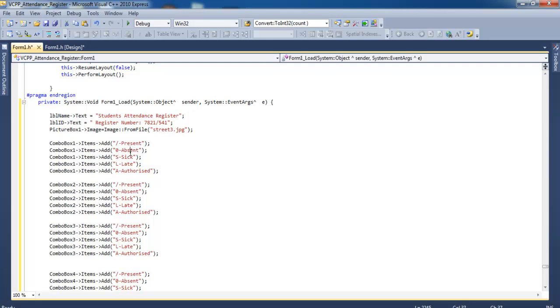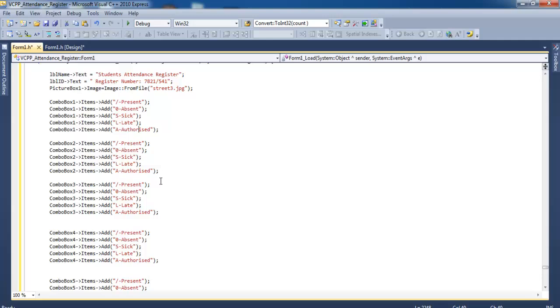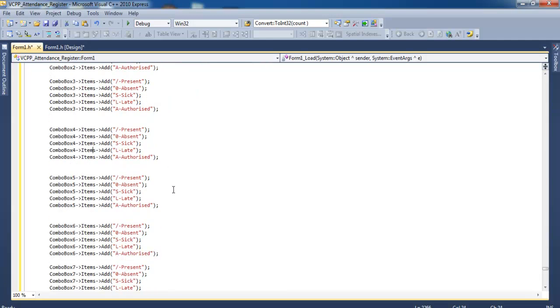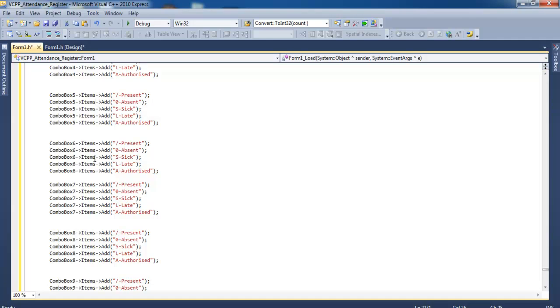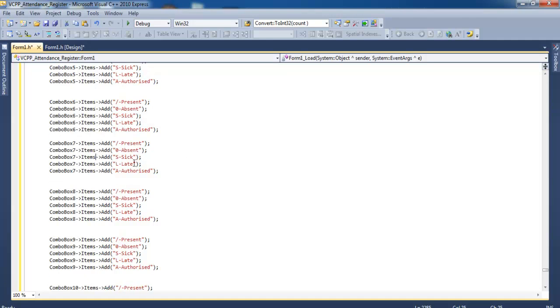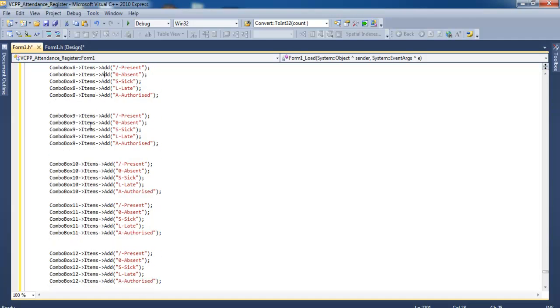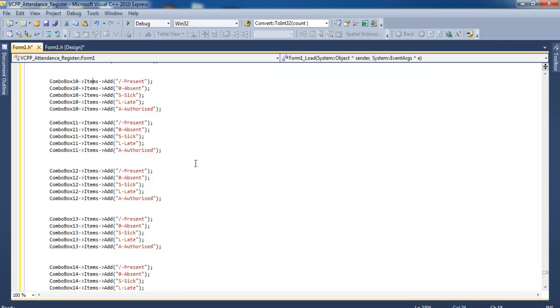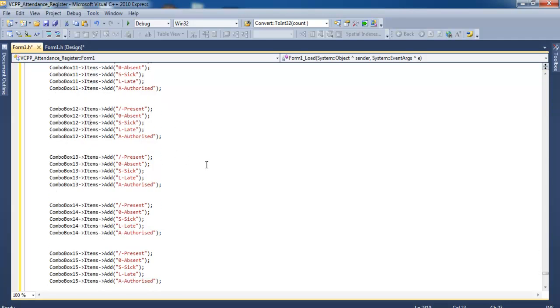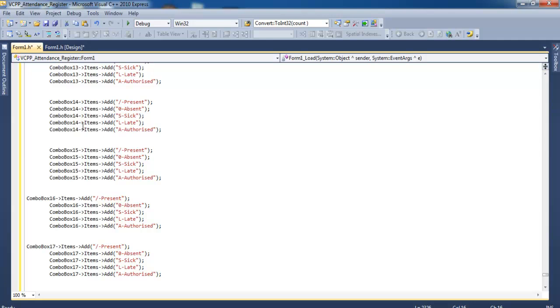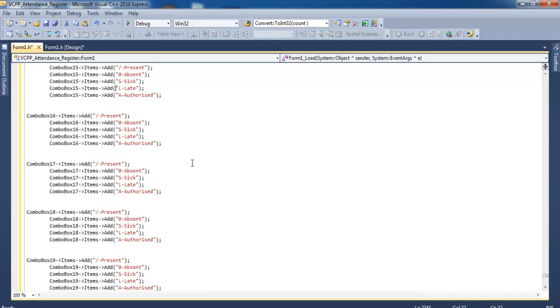Present, absent, sick, late, authorized absent, and that's it. That's for combo box 1, combo box 2, 3, 4, 5, 6, 7, 8, 9, 10, 11, 12, 13, 14, 15, 16,